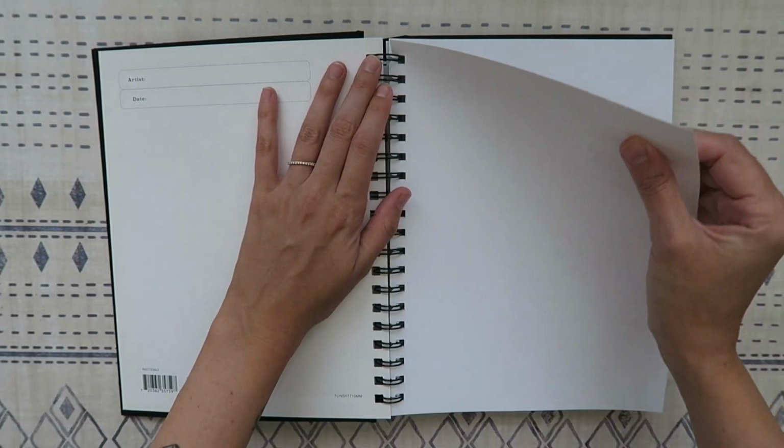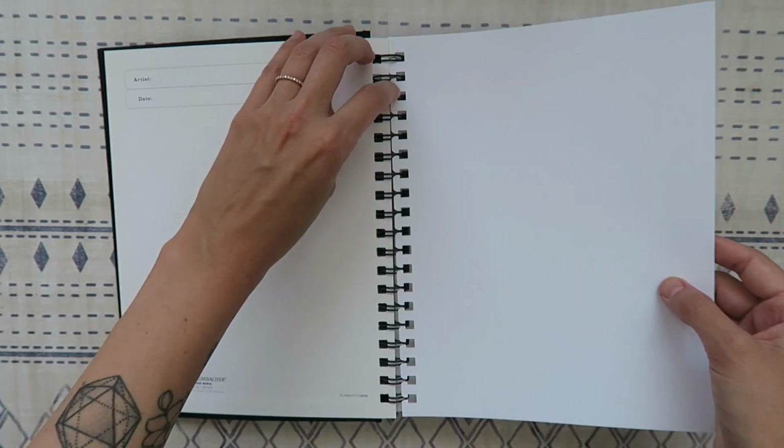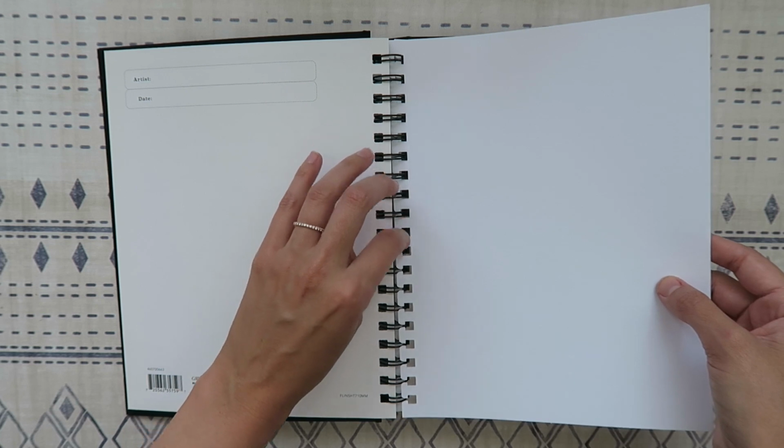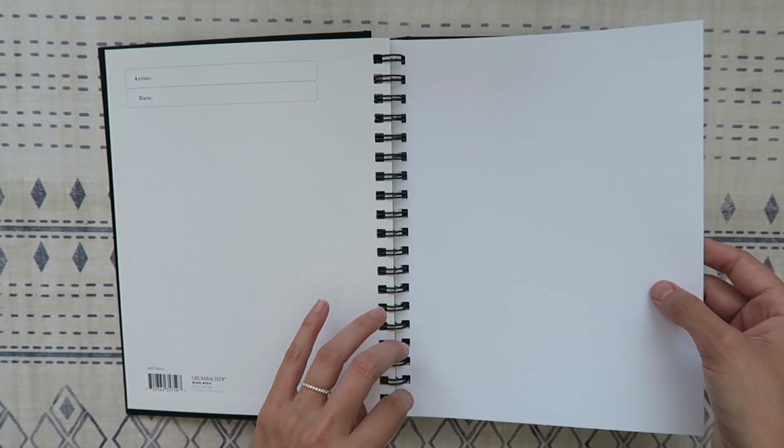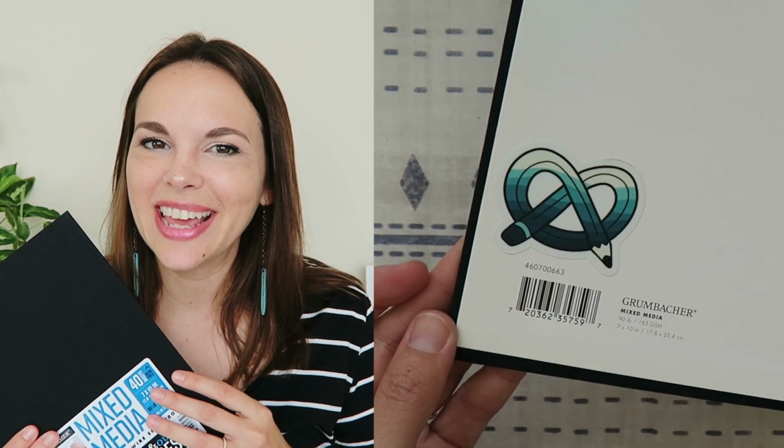But the coolest part about this guy is the in and out pages. With its hidden wire spine, you can actually remove and then reinsert pages. This comes in handy if you're someone who prefers working on loose paper or want to easily move things around while painting or drawing. First things first though, I gotta break the seal on this thing and get a sticker